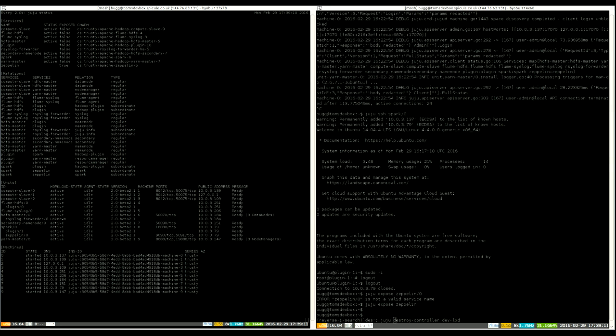So, as I said, LXD local with Juju is a great way to deploy test instances, test stuff out, and demonstrate it to clients without incurring the cost of spinning up a bunch of nodes in the cloud. You can check the flexibility of your solution locally on a laptop. It's just my laptop doesn't have enough gas to spin up a Hadoop cluster. Or you can do this up in the cloud on a single instance and then drag it all down. So to clean it up, I could either destroy the bundle or